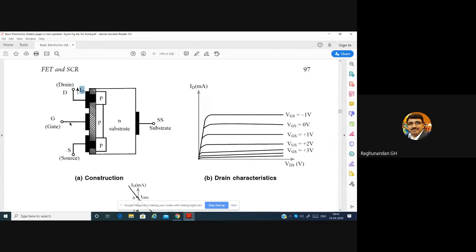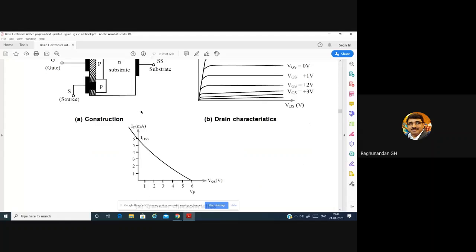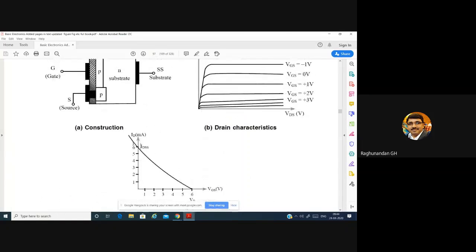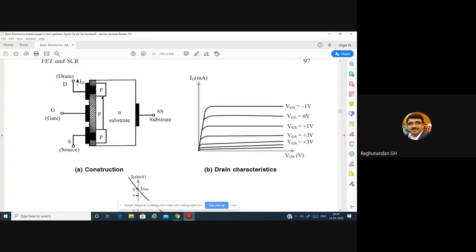So by providing negative voltage, we can attract the holes which are present in the substrate and make them add up in the P channel. Because of that, more hole current will be passing through this. That kind of mode is known as enhancement mode. So you can see here this part. After this part, you can see the curve is still increasing. This is the transfer characteristics we are having. Okay, I'll explain it later. So this is how this P channel MOSFET is going to work.